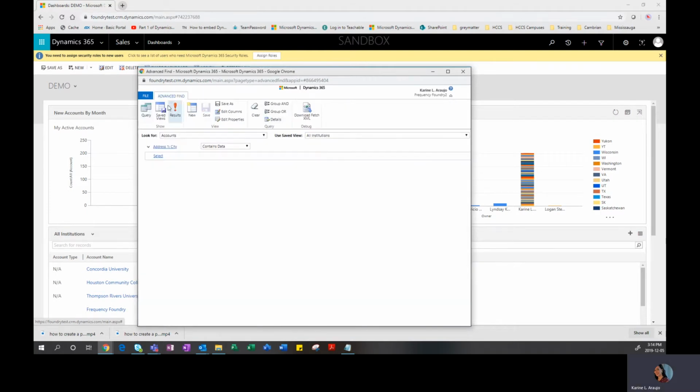So using the advanced find, it gives you the ability to query on multiple different things. It is a reporting tool that Microsoft uses and leverages, that helps you to leverage the data that's currently in the system to be able to accurately report on results. Okay, so